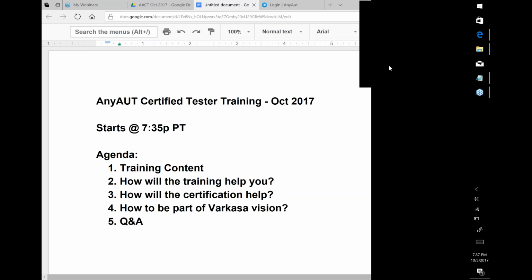And I'm here right now to start a very critical and important session that is part of the Workasa Vision 2020 to become a top software test automation organization. So to be able to do that, AnyAUT is a great application and a tool that will help us get good into the market. Now, this training is specifically about how to become an AnyAUT certified tester,